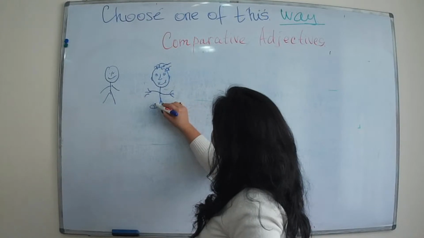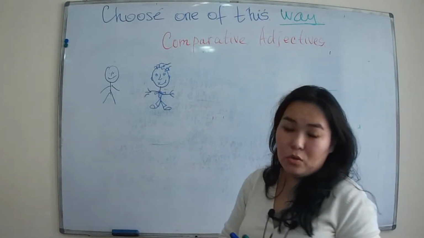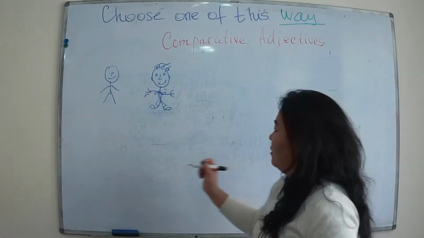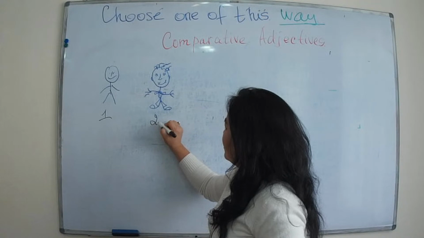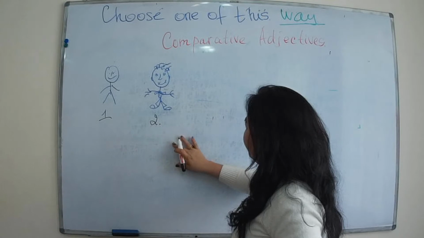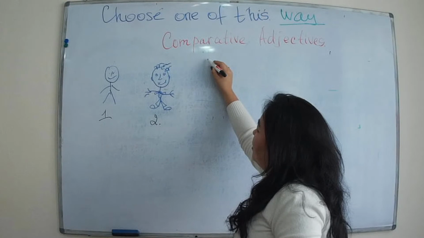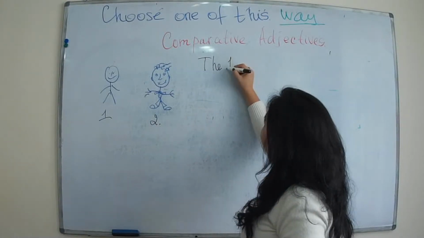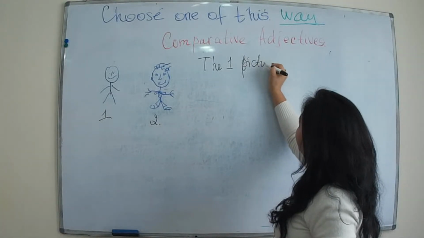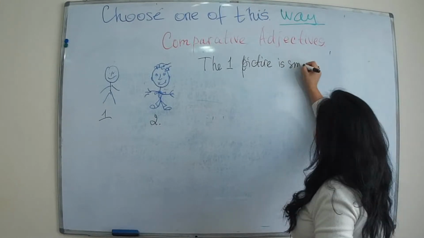Look at this man, and after looking at these two men, we can say that this is the first, this is the second. We can say that, for example, the first picture is smaller,